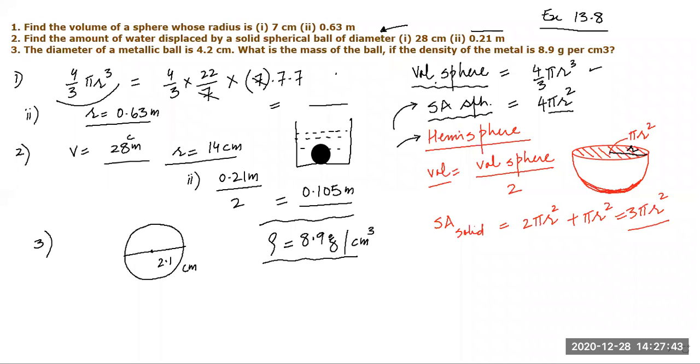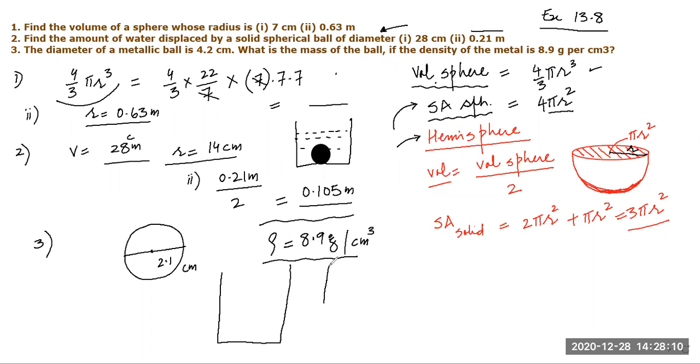Sir, in the second question, they have said to find the water displaced by a spherical ball of diameter, but they have not told us the amount of water in that container. Okay, that is not important. You see,